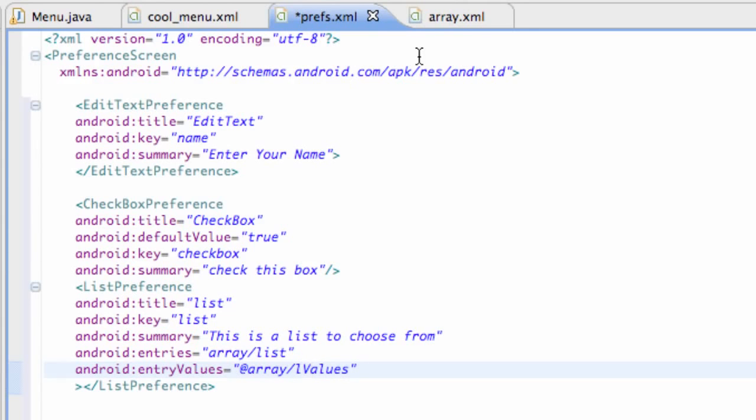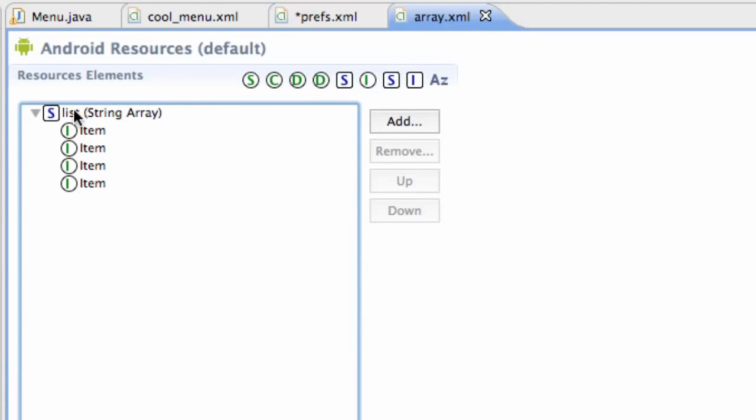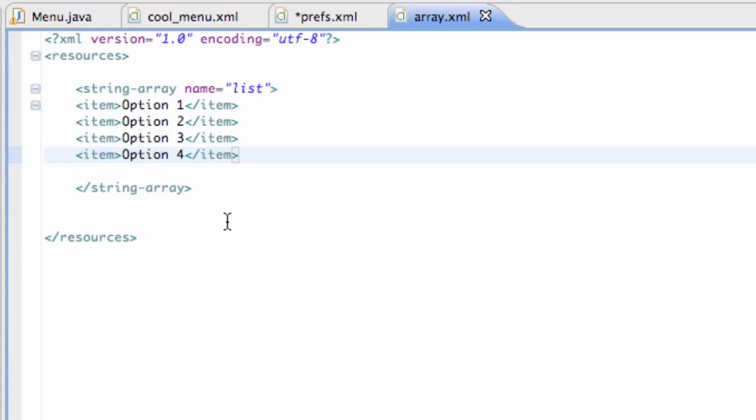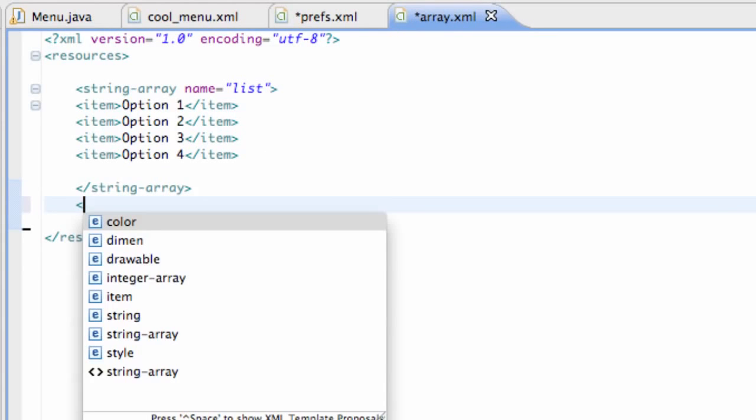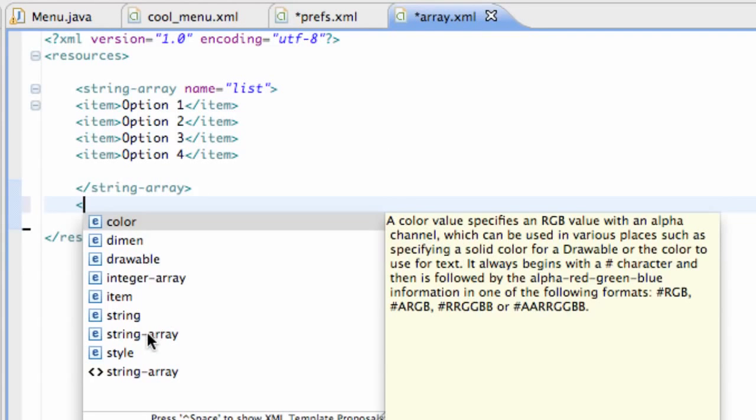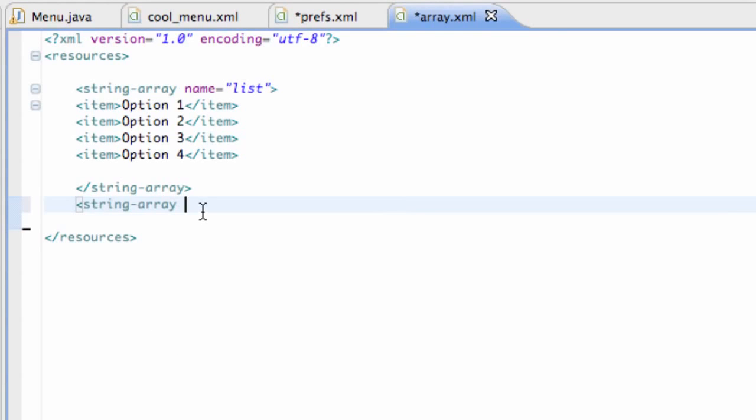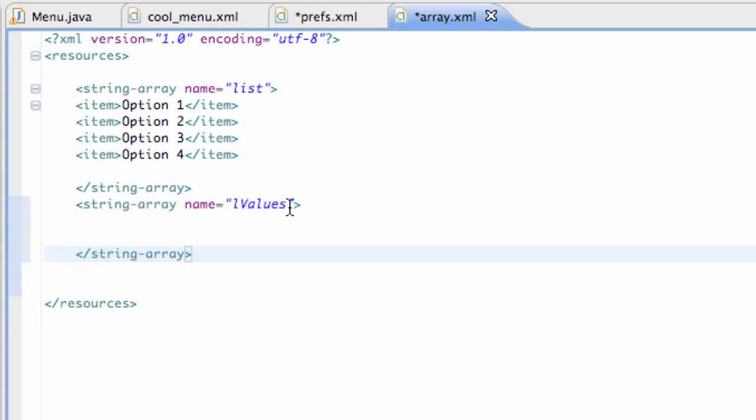and then what we can do is we can also set some numerical values to these items for the most part. So we're going to set up a new string array within our array XML, and again just click string array, and we also got to give this the name that we just set up. So name is going to equal, again, L values, and close it off and put up some values within here. Again, item,